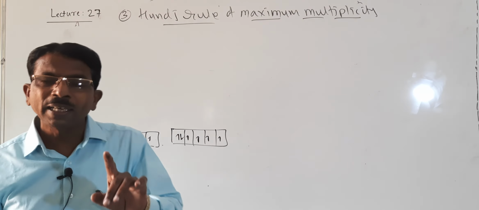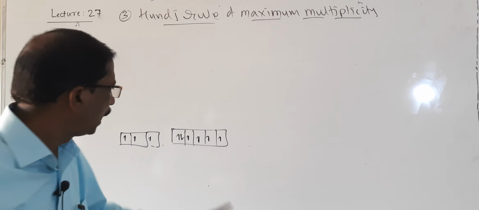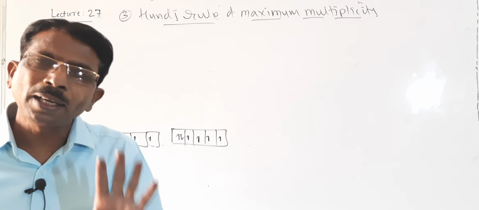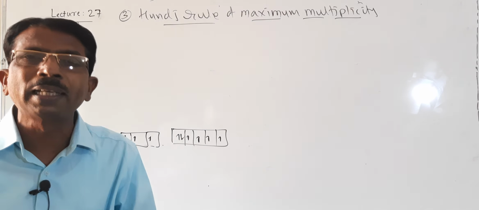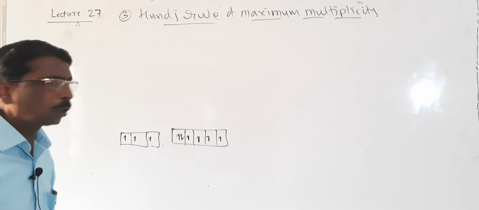That is why we say: pairing in any orbital like p, d and f is not possible until each set must contain at least one electron, or be singly occupied. Then only the pairing is possible. Understood? So it states that